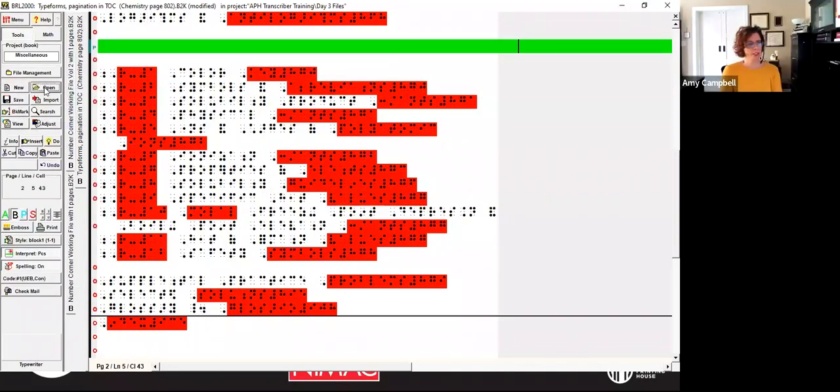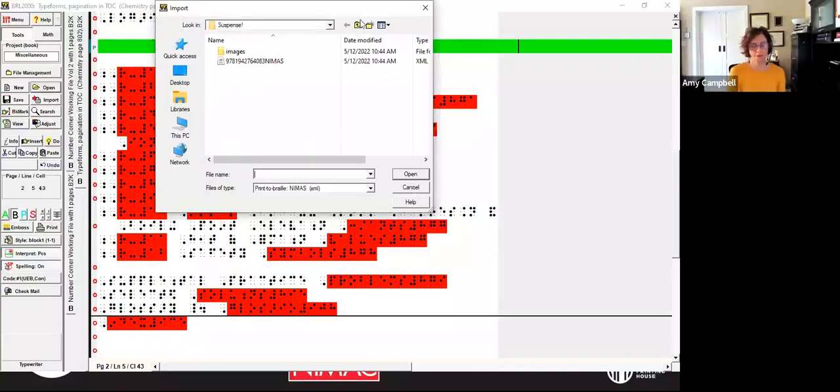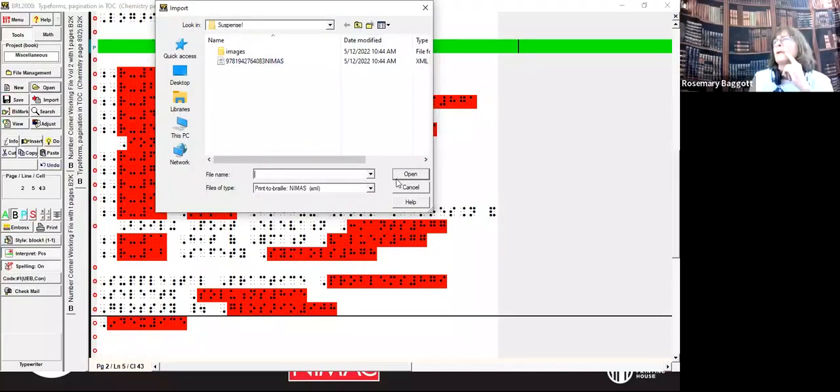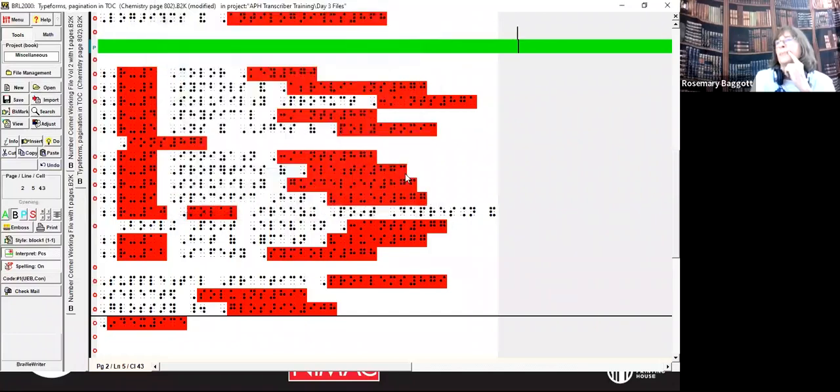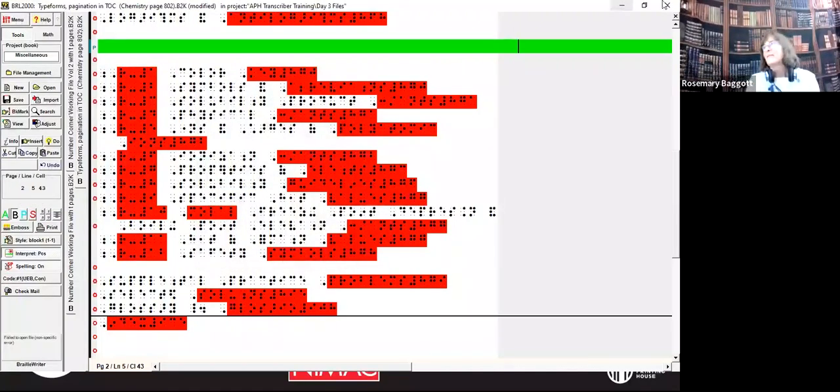And would you like another question, or are you working through a demo? Well, I was just going to show this quickly. Oh, fabulous. Thank you. Well, I would actually need to import a file for that. I think it just asks me, let's say I'm taking this NIMAS file and opening it. Here in the transcription settings box that opens, I can select English, French, German, Italian, Portuguese, provisional guidance, Spanish. So I'm not going to do that right now because I've already done that, but hopefully that answers that question.